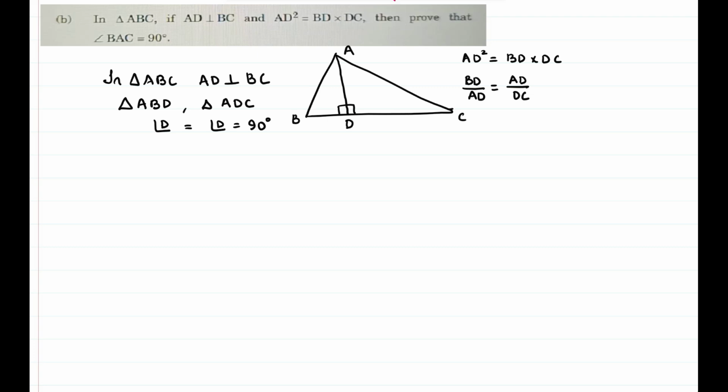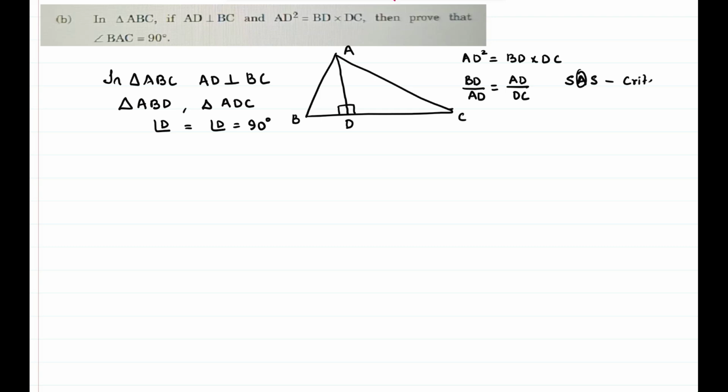Now what does this say? This says the ratio of two sides are proportional. So here we have one side proportional, the other side proportional, and an angle which is equal in two triangles. Therefore we can say by SAS,